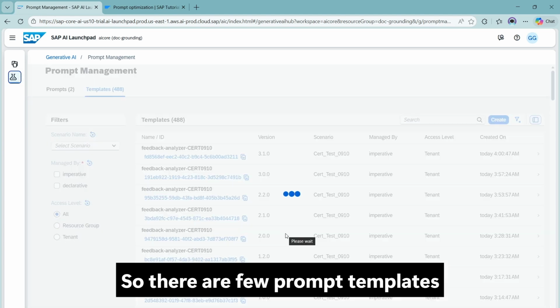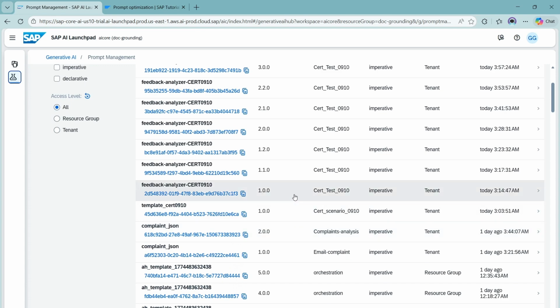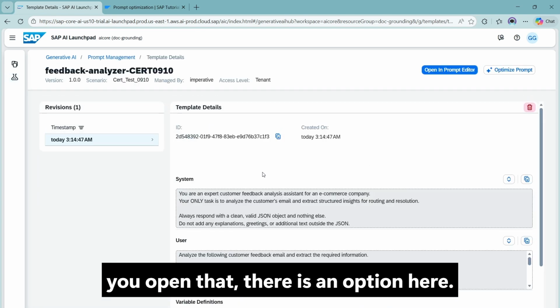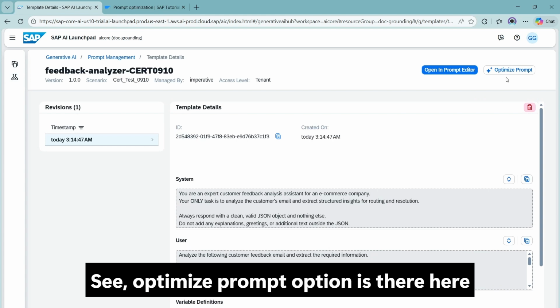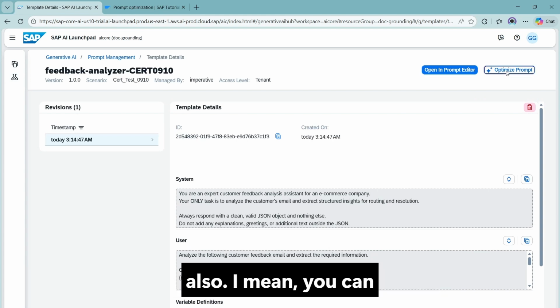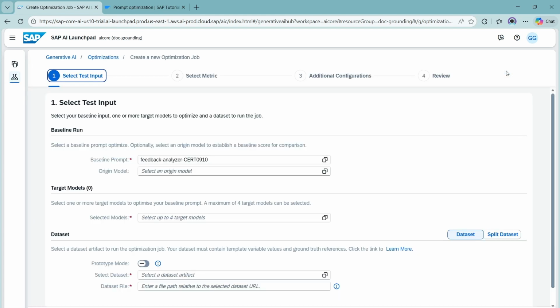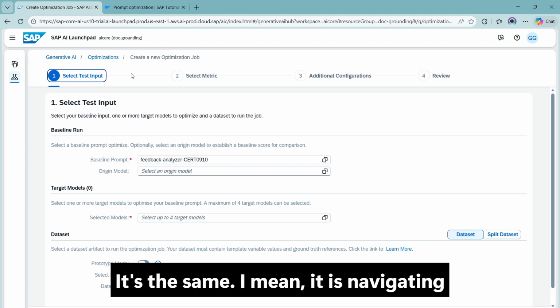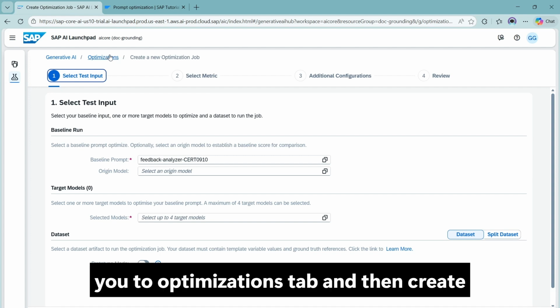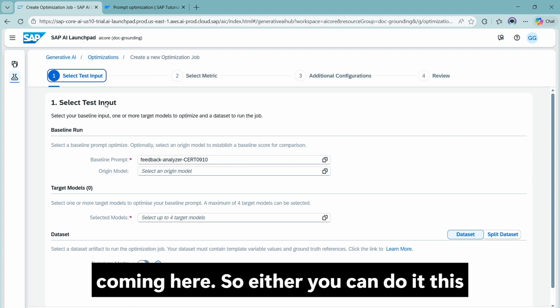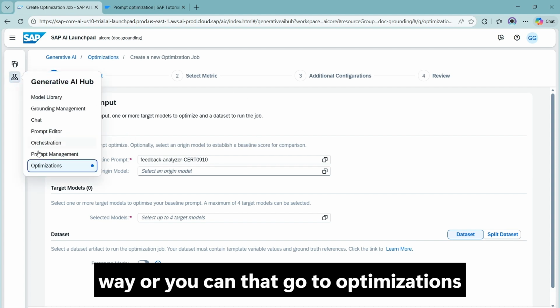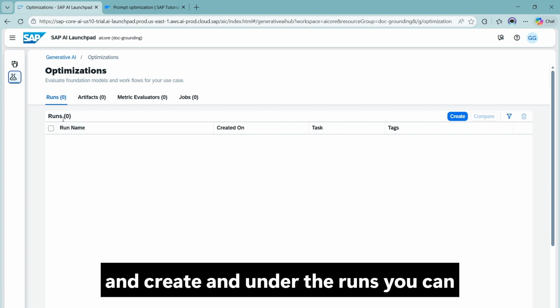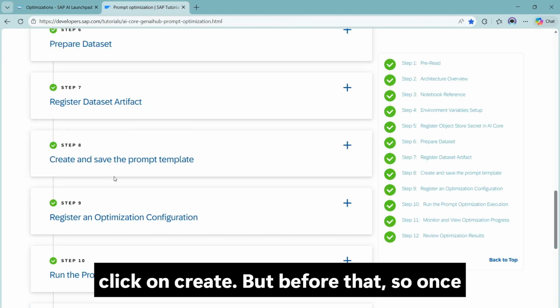So there are a few prompt templates here already which are created, and if you open that, there is an optimize prompt option here also. I mean, you can do prompt optimizations from here also. It's the same. It is navigating you to the optimizations tab, and then create a new optimization job. So either you can do it this way, or you can directly go to optimizations and click on create. But before that,